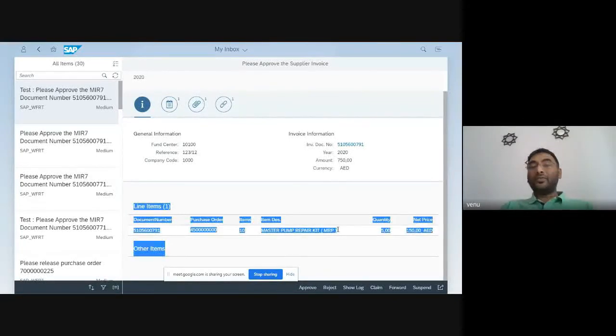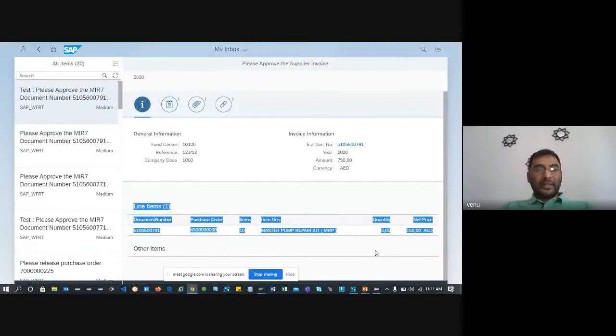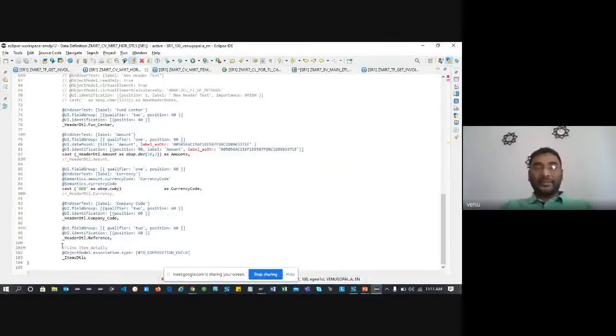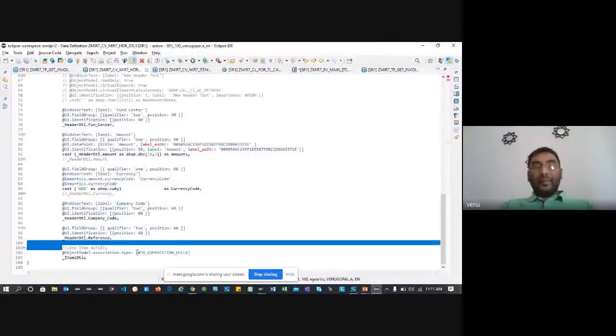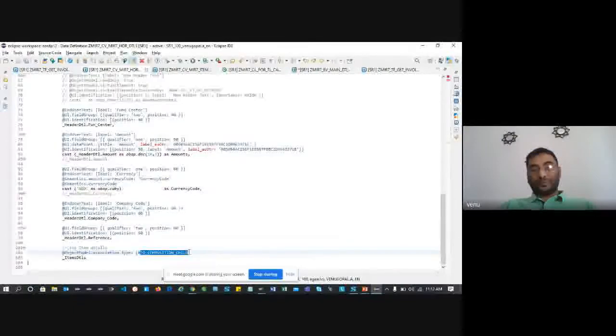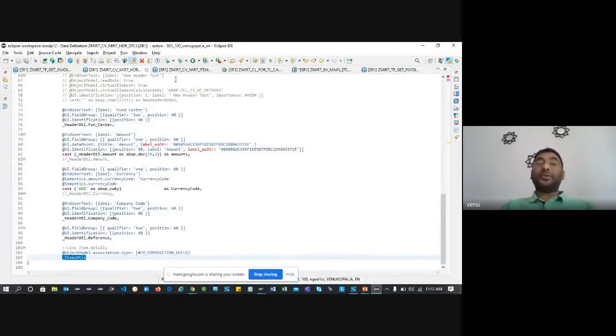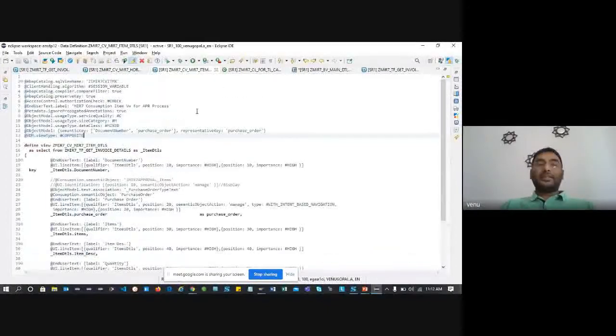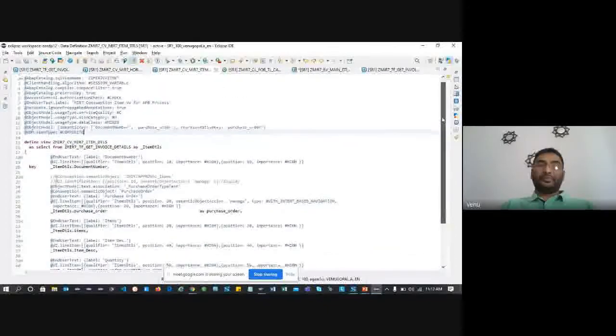How are we going to display the item details? If you see here, line item details, I'm making this a child composition, and this is my item details. For this item details, I created a separate CDS view, and this CDS view will have this information.